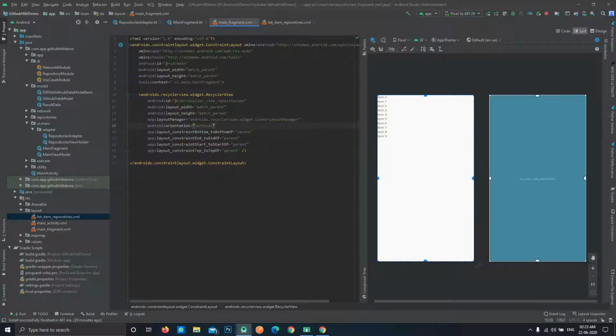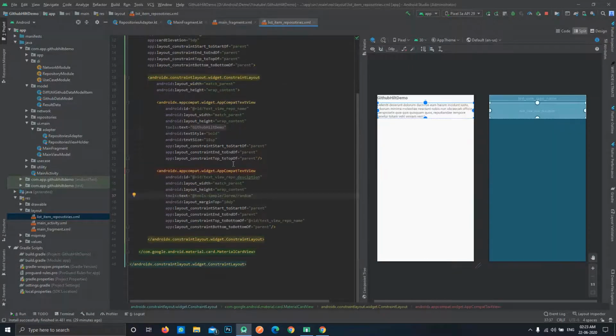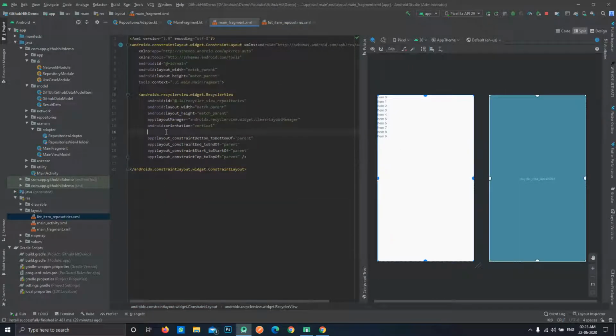Now the third thing is, if you want to view how the final layout is going to look when our item layout is actually used, you can use the tools property over here. You can see there are 3 available options.